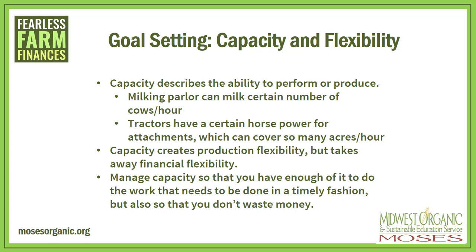Tractors have a certain amount of horsepower rated for each tractor and for each attachment. So if you're looking to, let's say, weed a certain vegetable crop, how many acres per hour can a certain tractor with an attachment do? Generally, capacity creates production flexibility, but it also takes away from your financial flexibility. Managing capacity presents a fundamental challenge to any business. You have to have enough capacity to do the work that needs to be done when it needs to be done